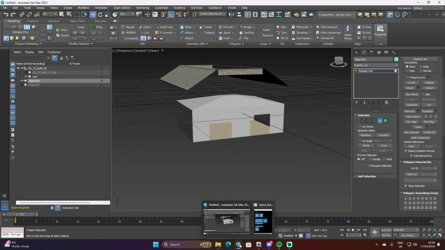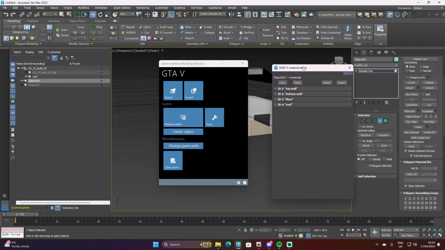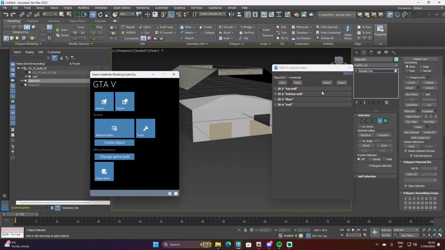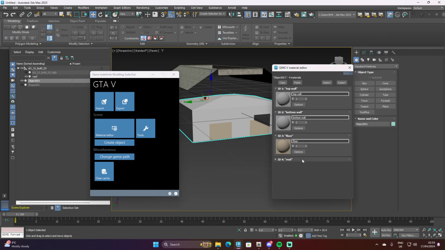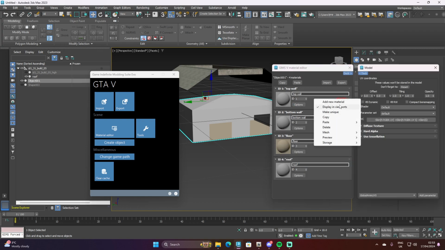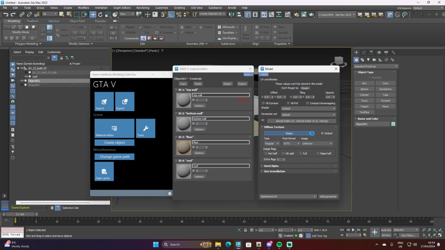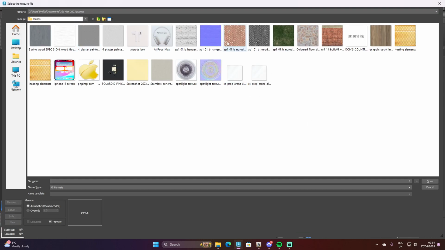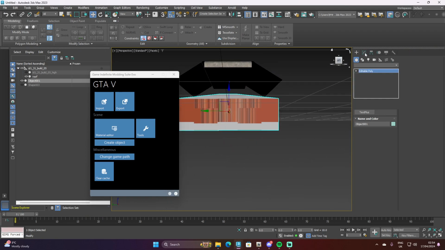And once you've done that, go on to your GIMS. And then all the stuff that you've set here will be here. If I click on floor, ID 2, 1, and then 4. So top wall. I'm not going to go into too much depth with texturing, and I'm just going to literally throw anything on it with what I come up with. My texturing skills are pretty poor, but